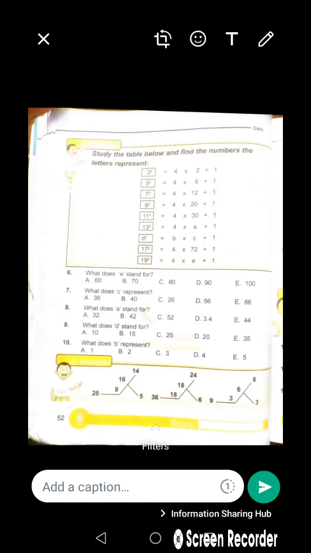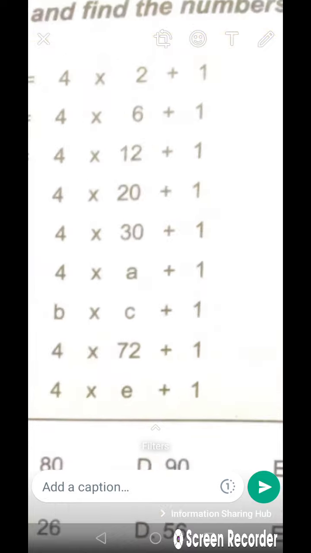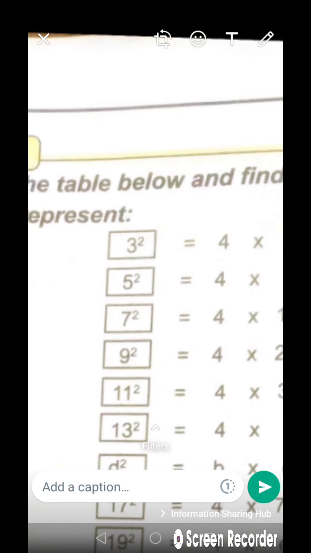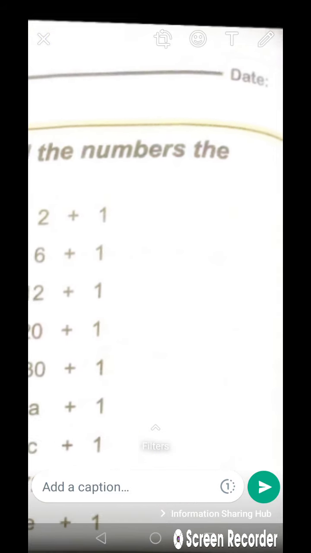Okay, this is Lantern Quantitative Reasoning Primary 6, Test 9B. So let's study the question together. Now, look at the instruction. It says, study the table below and find the numbers